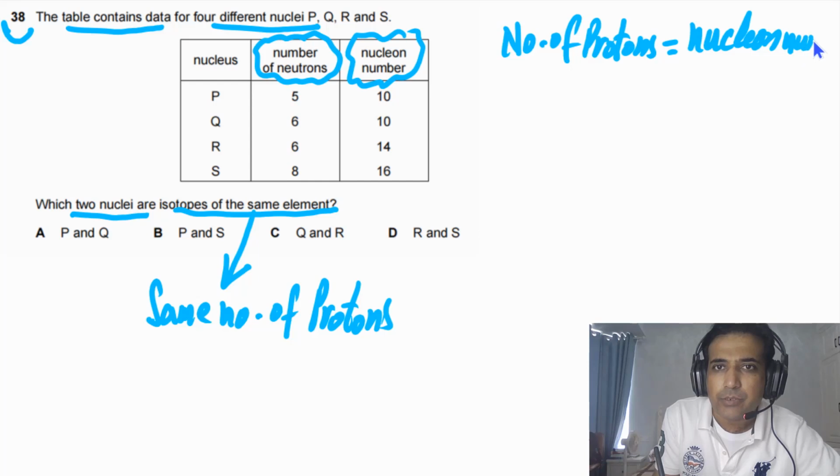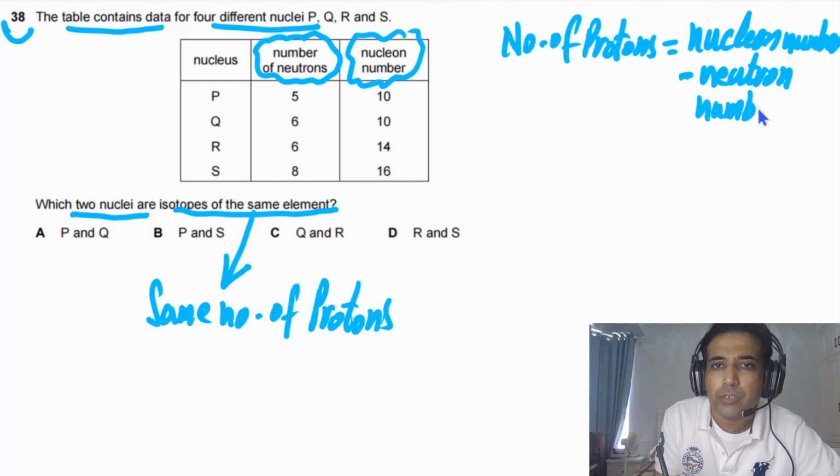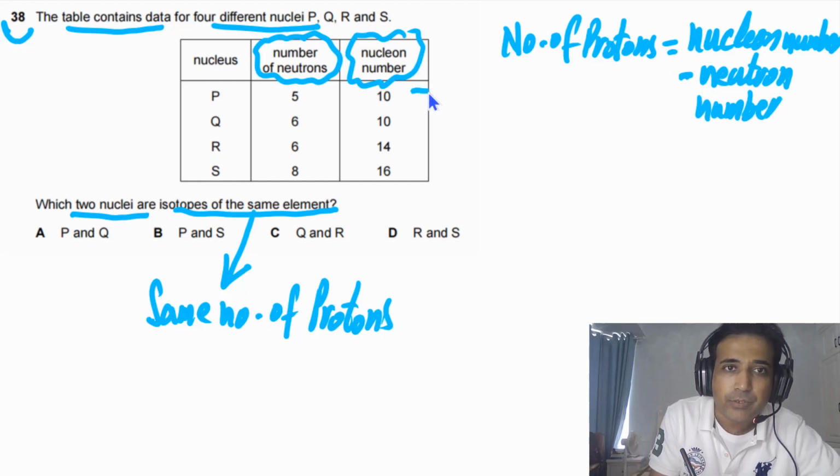minus the neutron number, because the nucleon number is the sum of neutrons and protons. So from here we can find the number of protons for P is 5, and for Q